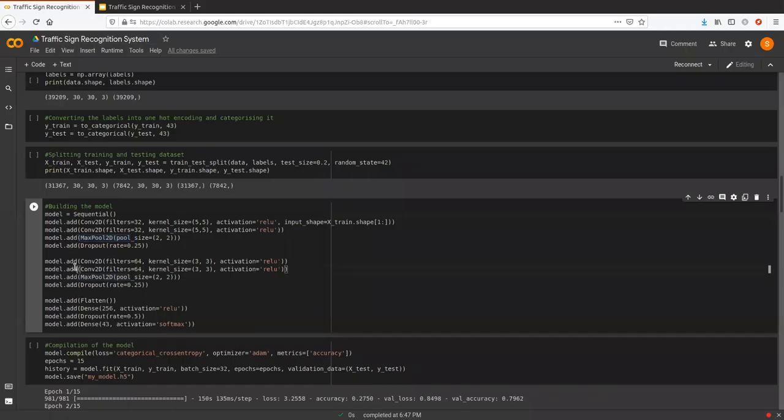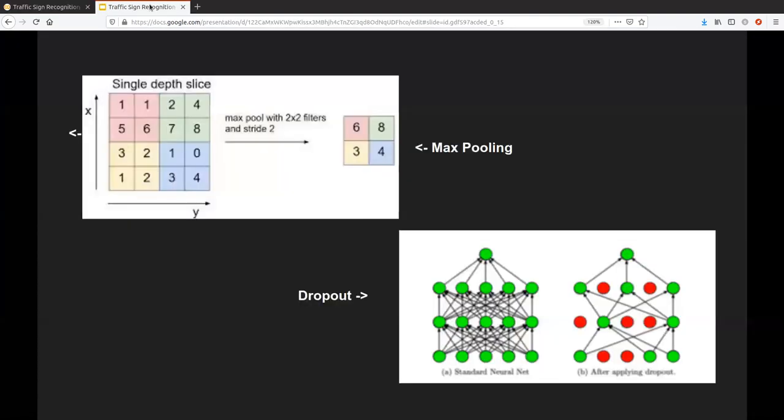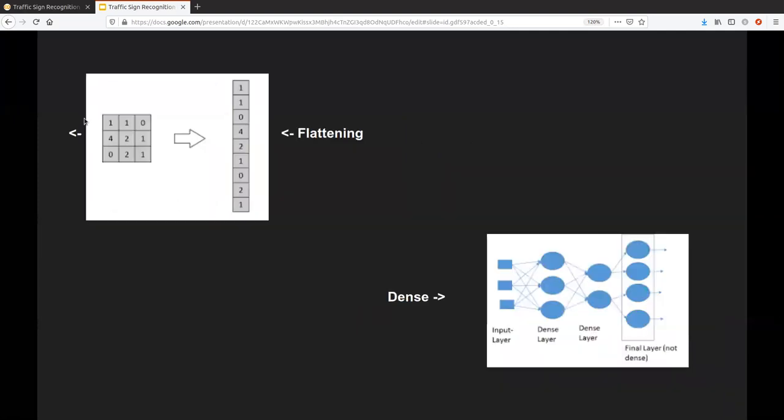Then we've repeated it a few more times to improve our model. And then we've used flatten and dense, which are basically these. If we have a matrix like so in 2D, flattening makes it in 1D. And when it's in 1D, it becomes the input layer. And then there are dense layers in between.